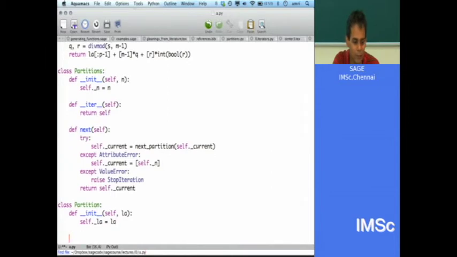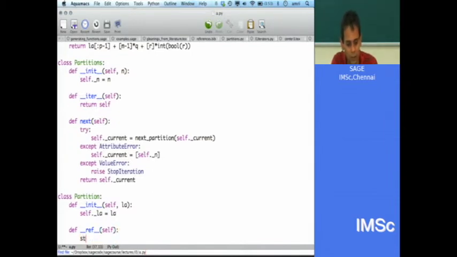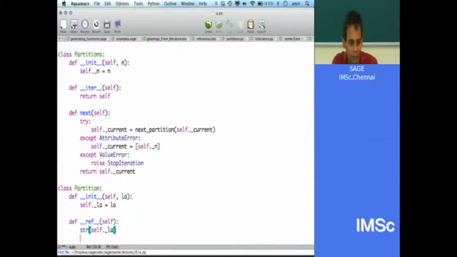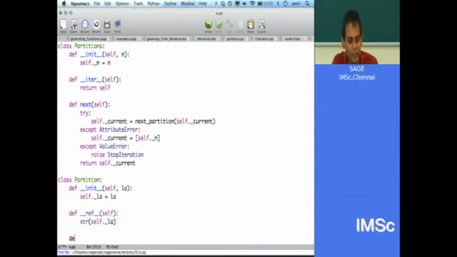So we won't check if it's actually in decreasing order, and I think it will be convenient to put a repr here so that it won't say object at some memory location. That's standard, just put the string of the partition. And now we must define a method next.